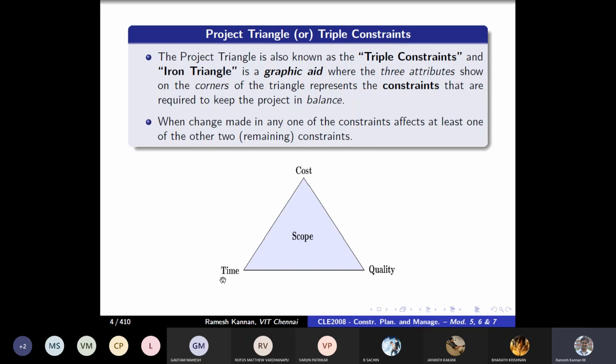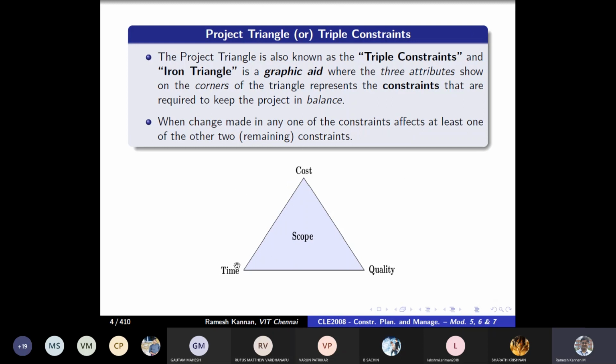Generally, cost and time are quantitative entities. We can measure them, whereas quality, as the name itself says, is a qualitative entity. It's just intangible benefits, so you cannot generally measure it in terms of numbers, but you can very well visualize or achieve it through some metrics. So that's the triple constraints or the project triangle, which you should really know. When a change is made in any one of the constraints, at least one of the other two gets adversely affected. That's basically what the triple constraints means.